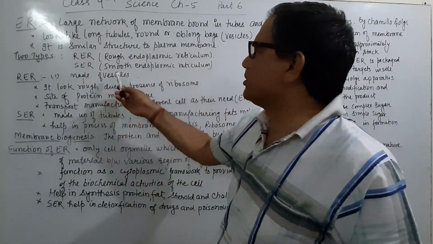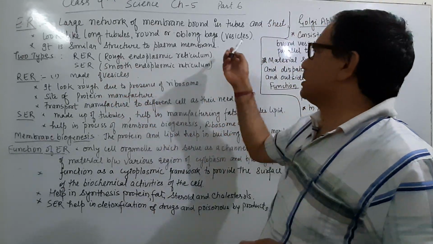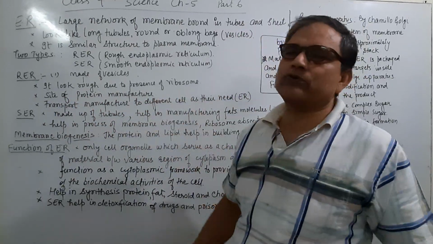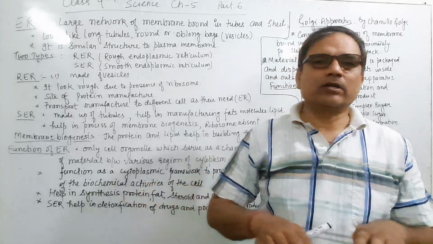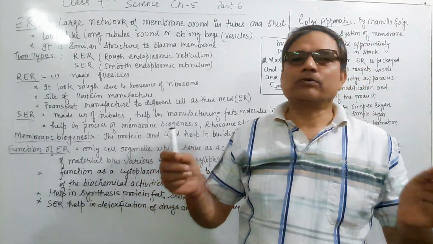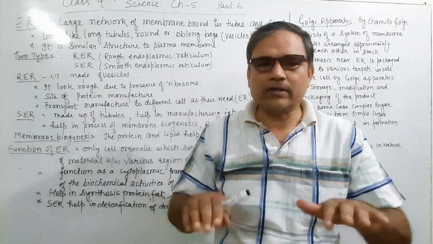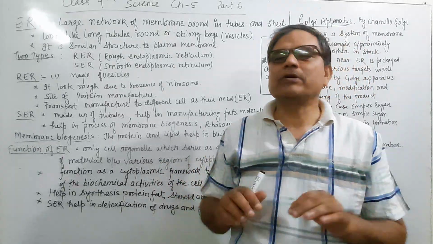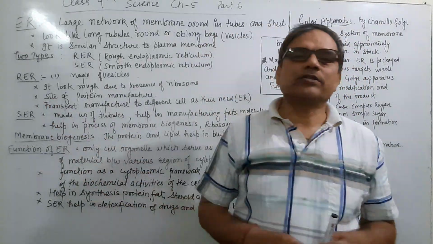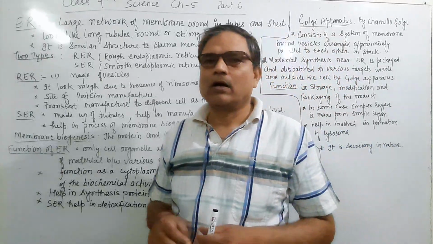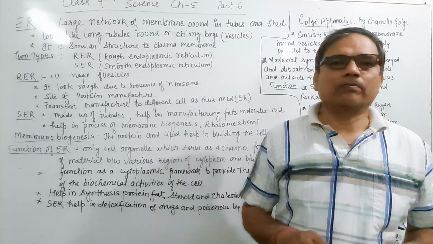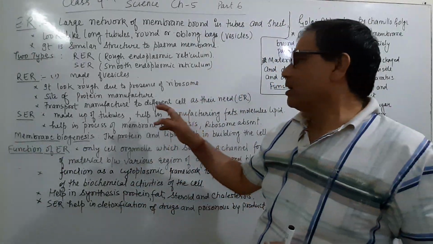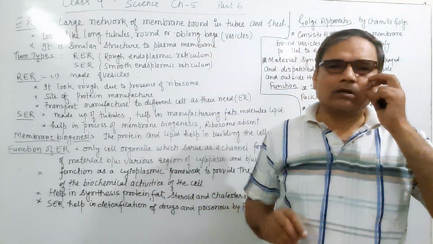Its structure is similar to vesicles, like oblong bags, and it looks rough due to the presence of ribosomes on the surface of the endoplasmic reticulum. Therefore its name is rough endoplasmic reticulum. It synthesizes or manufactures protein. RER helps in the manufacturing of protein, and also helps to transfer the protein